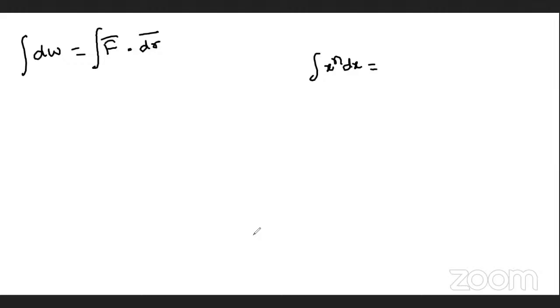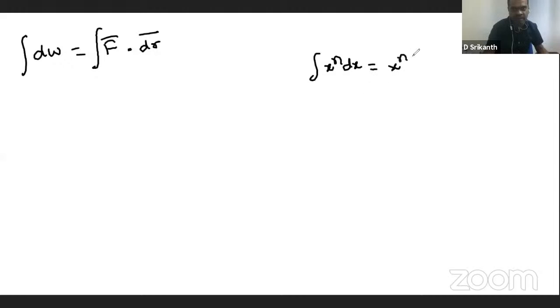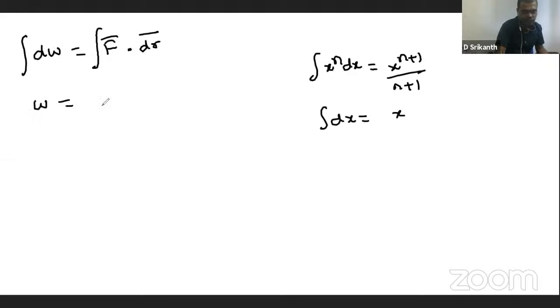Integral x power n plus 1 by n plus 1. Similarly, integral dx equals x. So I can write work done W equals integral of F bar, which I can write as Fx i cap plus Fy j cap plus Fz k cap dot